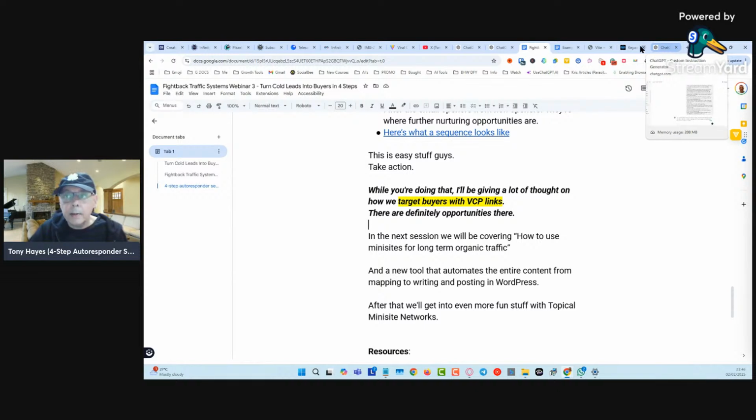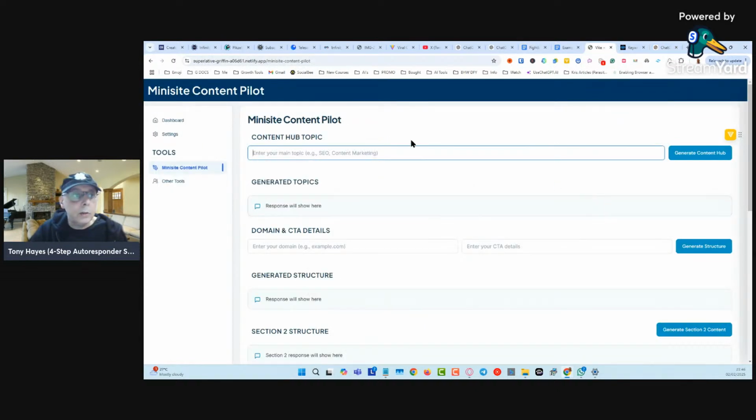So what we did, we started to build this tool. It's called Mini Site Content Pilot. And basically, it's going to map out everything for you. That first prompt that we do, you just put in your topic, and it's going to give you the whole amount of sections.